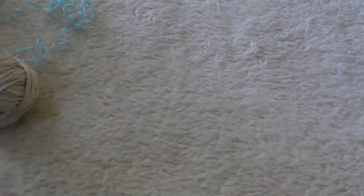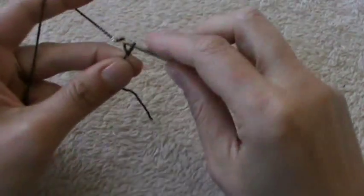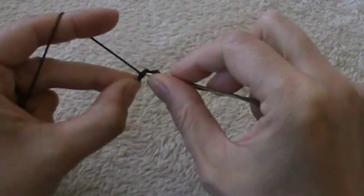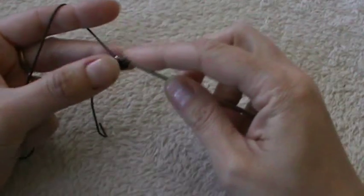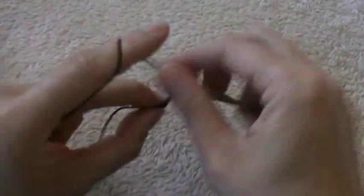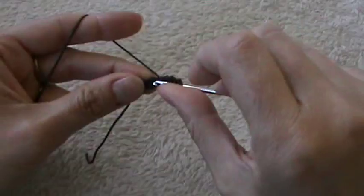So let's get started with our project, our cell phone cover with the lion's foot flower pattern. To begin we need 4 clusters and 4 loops, 4 spaces actually. We always begin, as I said in the tutorial where I presented the stitch, with a loop, and this is our first loop. Then chain 3 again, and the first cluster, 1 and 2,